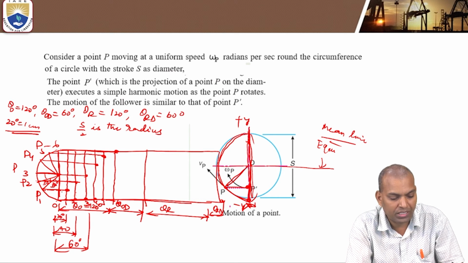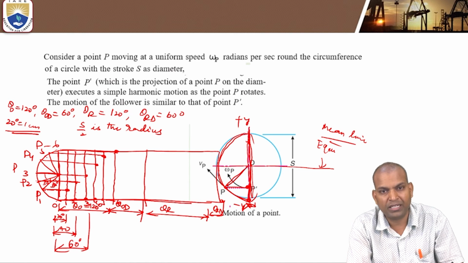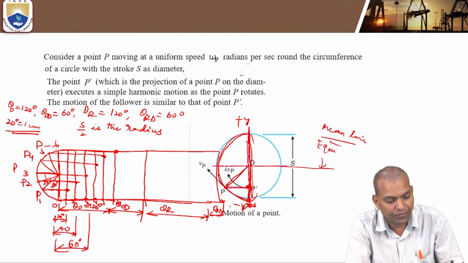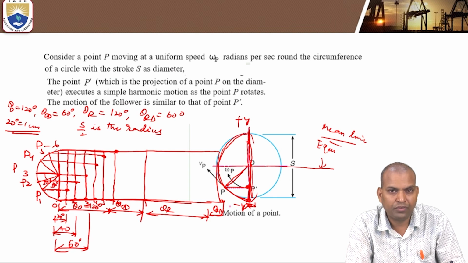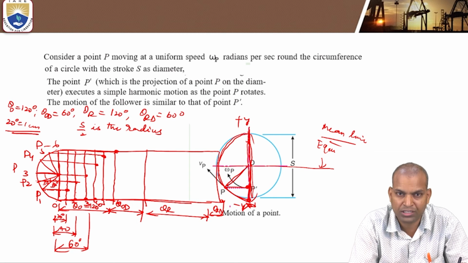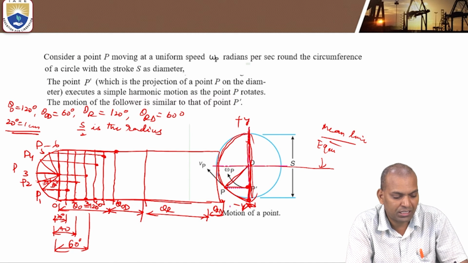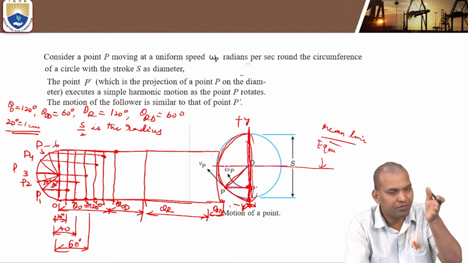That's why this is 6 parts and 6. Now it is 20 degrees, don't divide into 20 because 180 would mean 9 parts. But the length of travel of the projection of point P is the stroke of the follower, that should be equal. So that's why these 30 degrees, that is 6 divisions, are the 6 divisions of projections